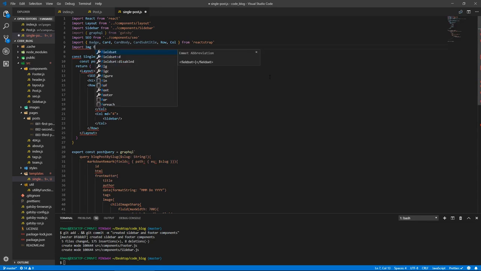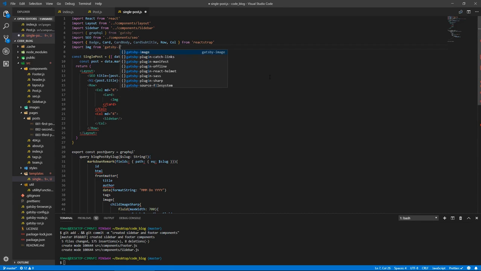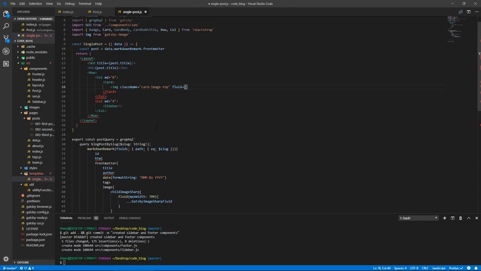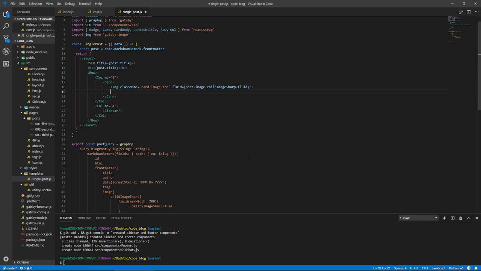Import img from Gatsby image, and our image would have a class name of card image top, and a fluid property of post.fluid. Yeah, post.image dot child image sharp dot fluid, and let's close that, and let's have the card body here, card body, oops, tab,